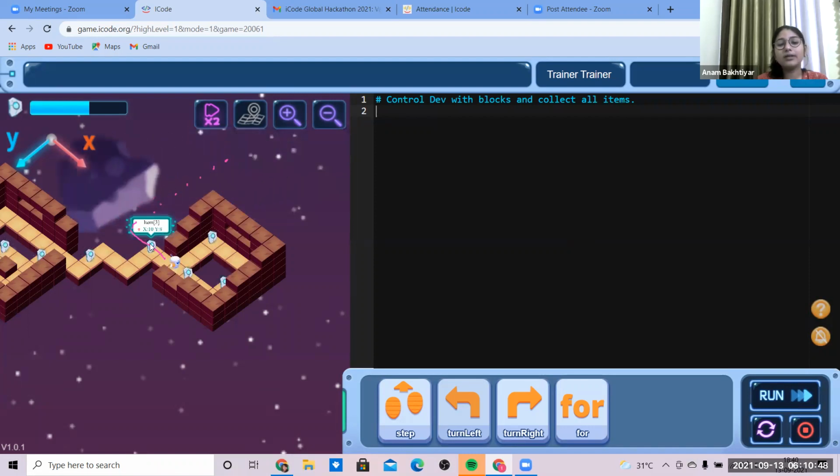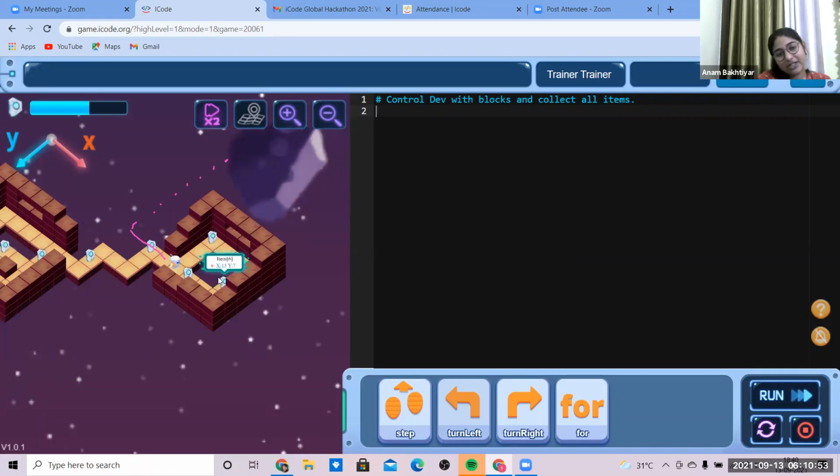So what is the problem in this? You need to move 3 steps forward. Then you have to turn in left direction. 3 steps forward, left direction. 3 steps forward, left direction, and 3 steps forward and left direction. Then 2 steps forward. Then you have to turn in left direction again. Then 2 steps forward, turn in left direction again. 2 steps forward, turn in left direction again. 2 steps forward, turn in left direction again. So this is what's happening. What's the issue with it?